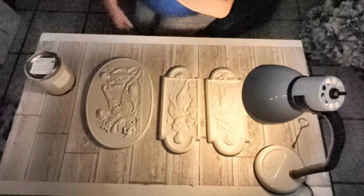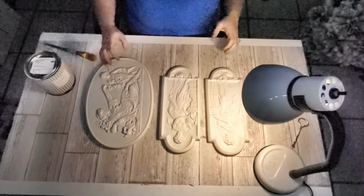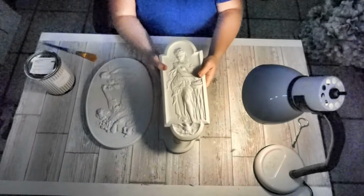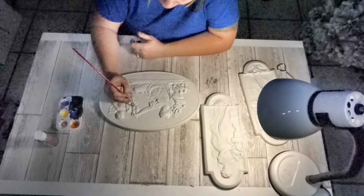This is just with 1 coat, so you can see how good the coverage is. But I am going to do a second coat because it does need it in some of these recessed areas here. Next, I'm going to use a fine detail brush and this gray,